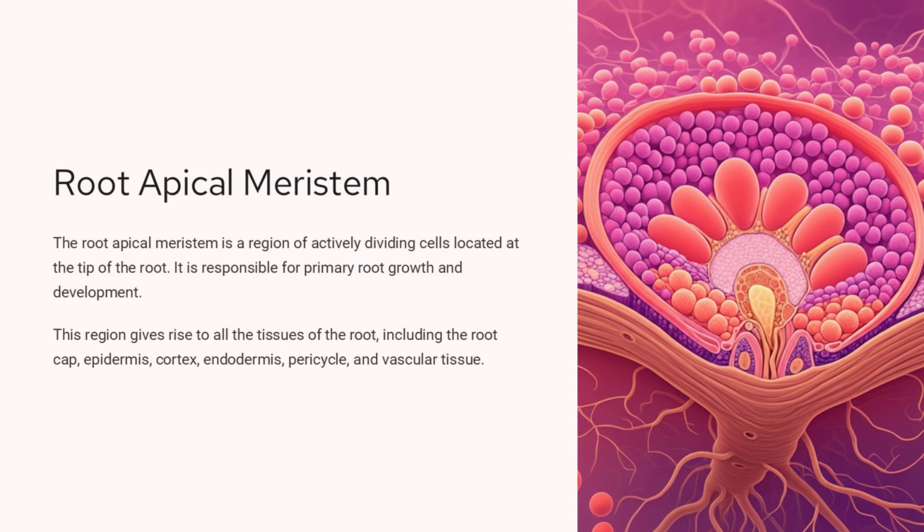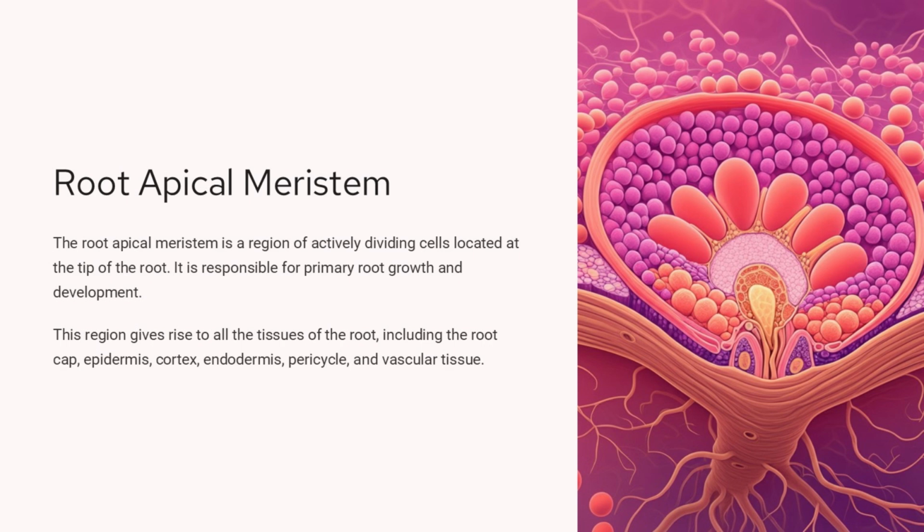meristematic region. The image shows a close-up microscopic view of the root apical meristem, highlighting the vibrant colors and complex organization of the actively dividing cells. This region is essential for the plant's ability to anchor itself in the soil and absorb water and nutrients from